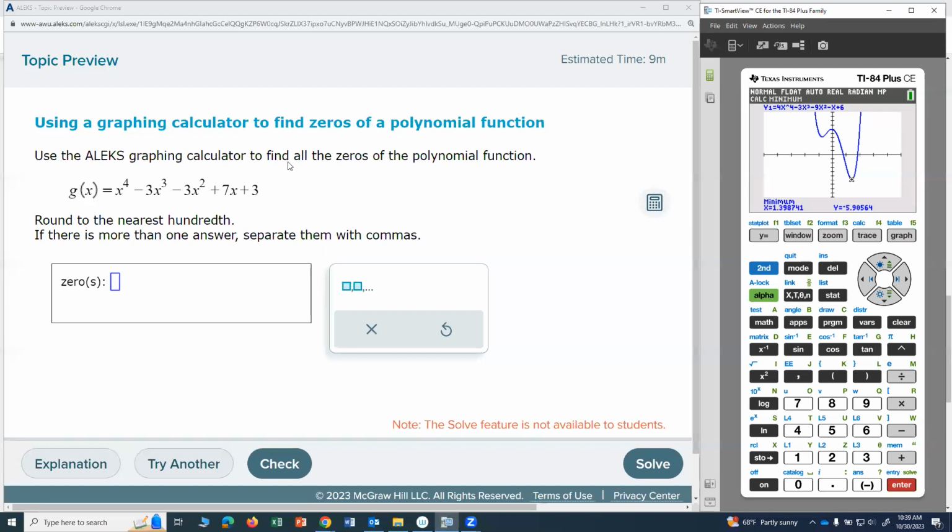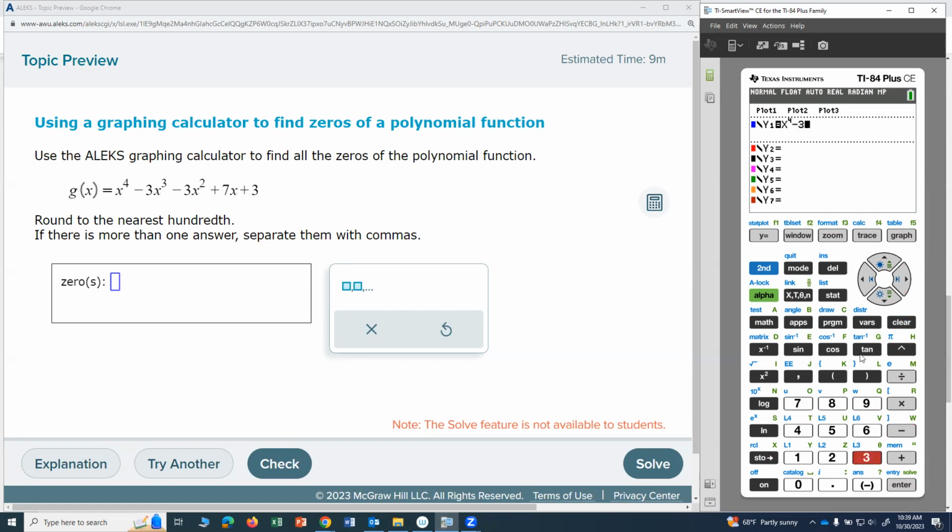And I am asked to find all the zeros of the polynomial function. I'm going to use the TI-84. So I go to my y equals menu, hit clear, and I'm going to put in my function. So I have x to the fourth. Oops. Let me clear that out. Okay, so I have x to the fourth